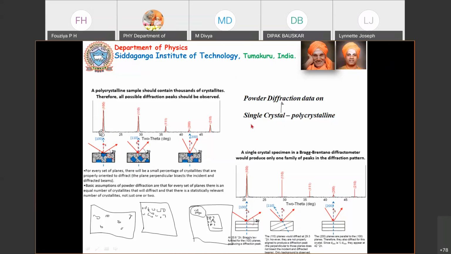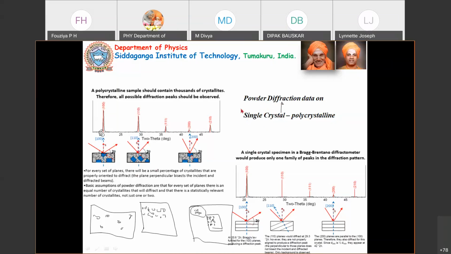Okay, so that is the meaning of polycrystalline. But you should be very careful. In some cases, your crystal may lose its property. It can change its phase and its property when you put some mechanical stress. So when I try to break it into small pieces, it may change,